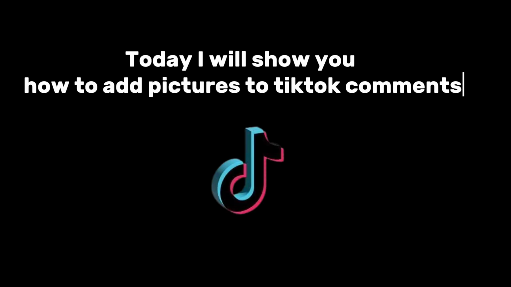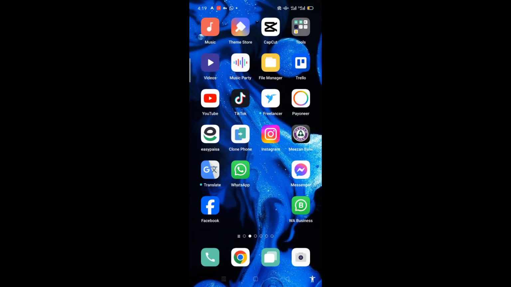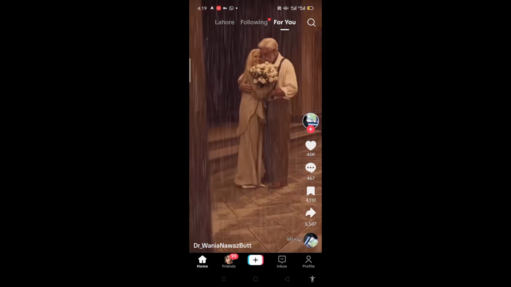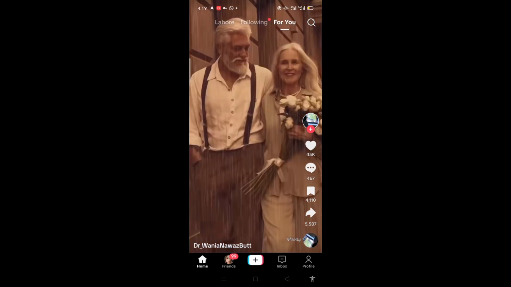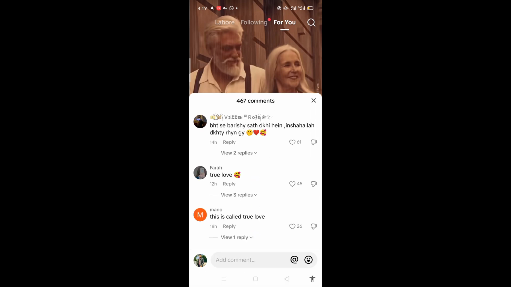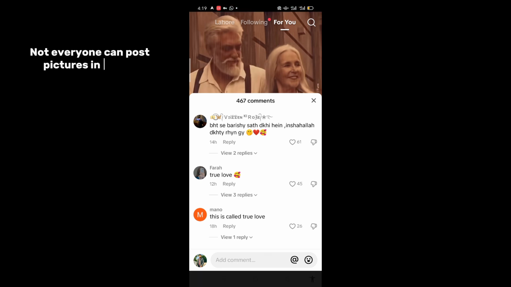Today I will show you how to add pictures to TikTok comments. For this, you just have to open the TikTok app on this Android device, and here you will see the interface of TikTok. Open any random video and go into the comments, and here you will